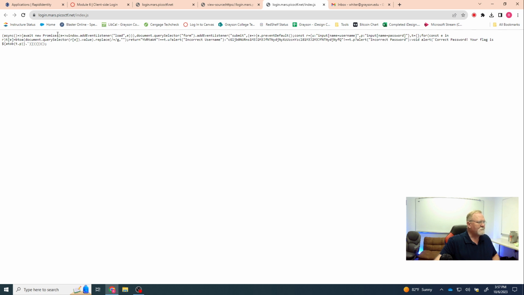Basically, we're building in an event listener. We're loading a window event listener, and we're going to use the query selector in the DOM, the document object model. We're going to do something with the form, and the event listener is for the submit button. So this is the code that handles the button click. We're listening for the event of the submit button being clicked,